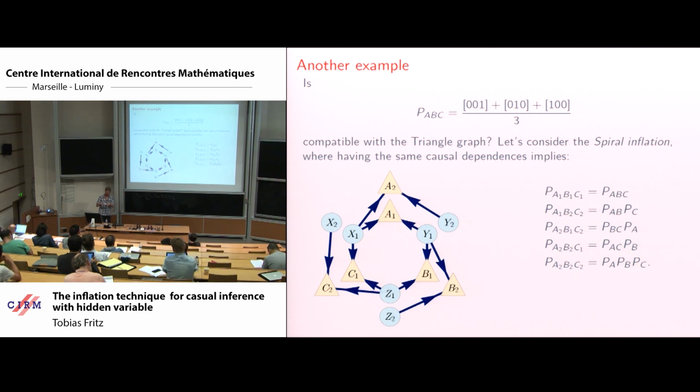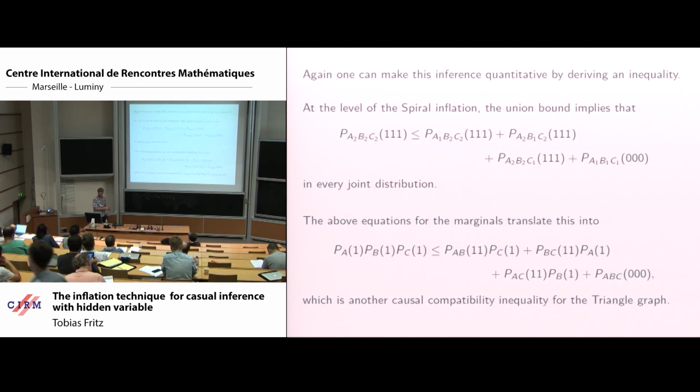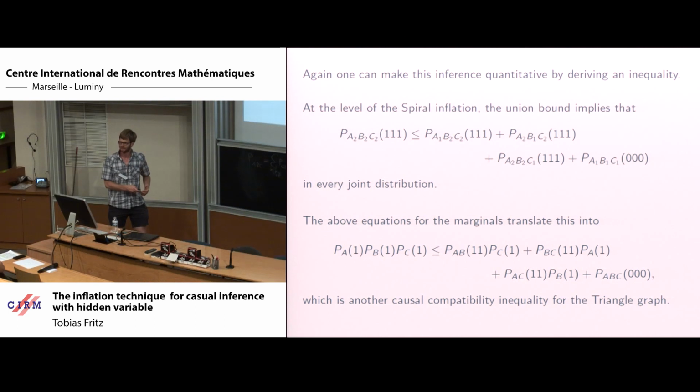Yes, exactly. It's not a polytope, because now we have nonlinear inequalities. It describes some kind of semi-algebraic set. One good way to see that it's not a polytope is that every deterministic distribution is compatible with the causal structure. So if it was convex, it means every distribution was,